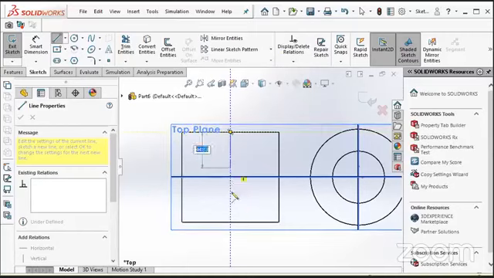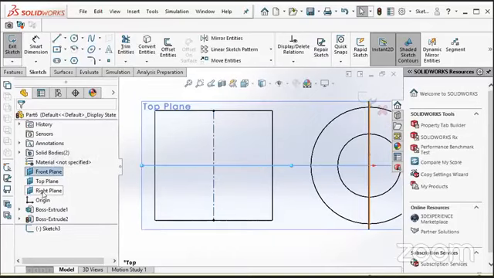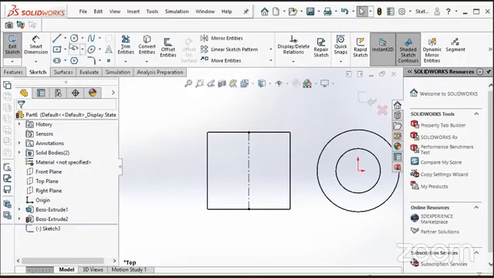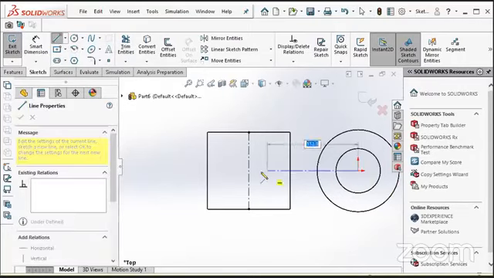So I will click from here and make a vertical line. Let me hide these planes for now. Also, I will make again a center line from the center of the circle to the center of this cylinder.